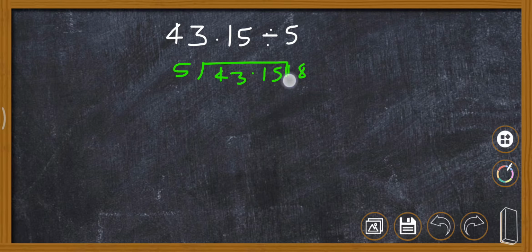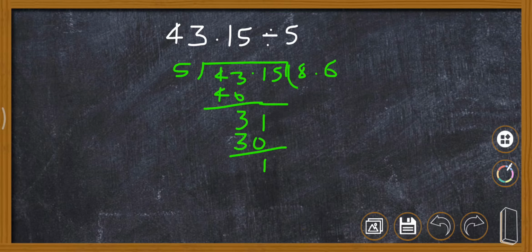So here we will take 40. Now 3 is left, and then by taking 1 we are required to take decimal because decimal chance is there. That's why now 5 6s it is 30. 1 is left, then we will write this 5 and 3 that is 15. So you can see now it is solved. 8.63 is the correct answer for this.